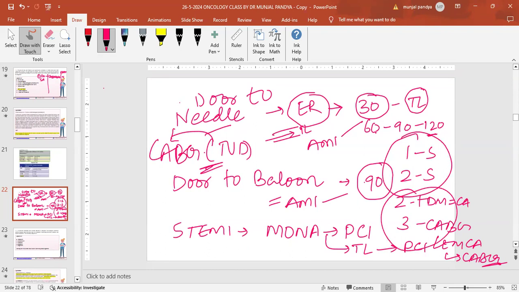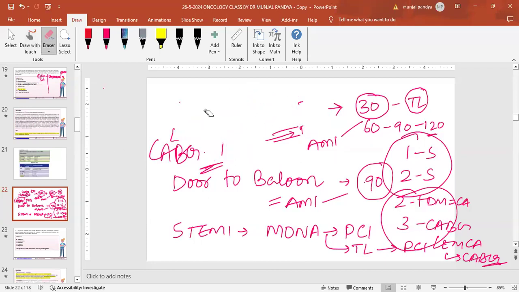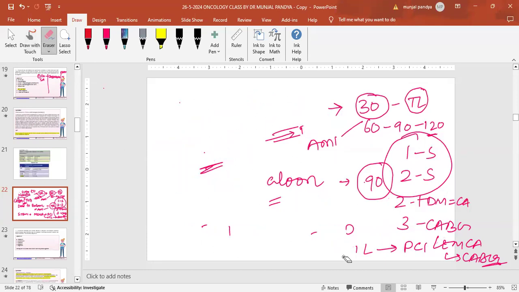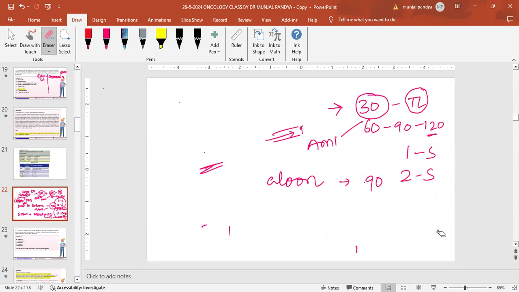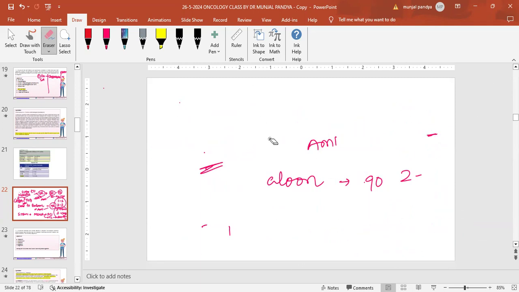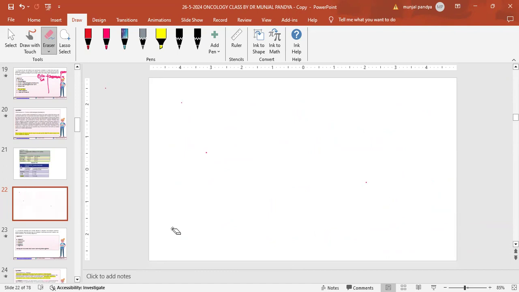It is very clear-cut, given in the book anyway. I just tried to briefly highlight it for you. So that's it. But STEMI means PCI. If PCI is not available, then you give the thrombolytic within 30 minutes. Is that clear, Dr. Idam? Yes, sir. So if you have the option of PCI, 100% you go for PCI. No doubt, no discussion. But if you have no facility, that does not mean you can't treat the patient. So you give the thrombolytic.